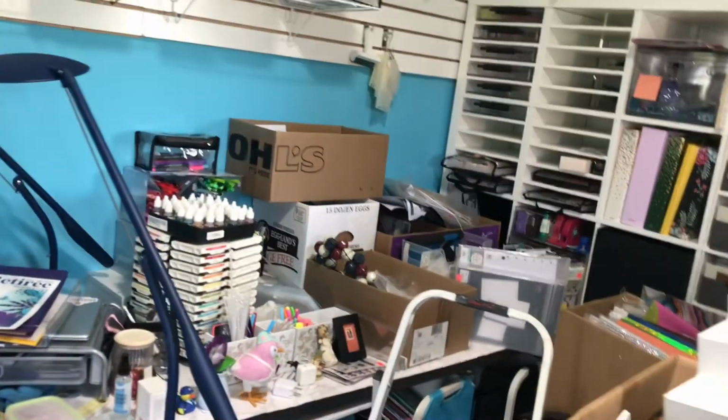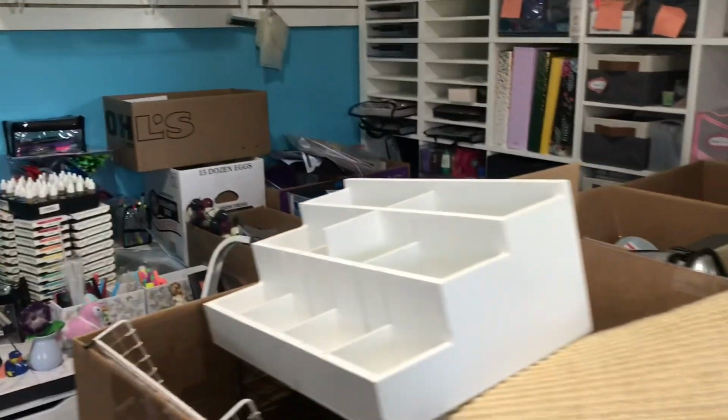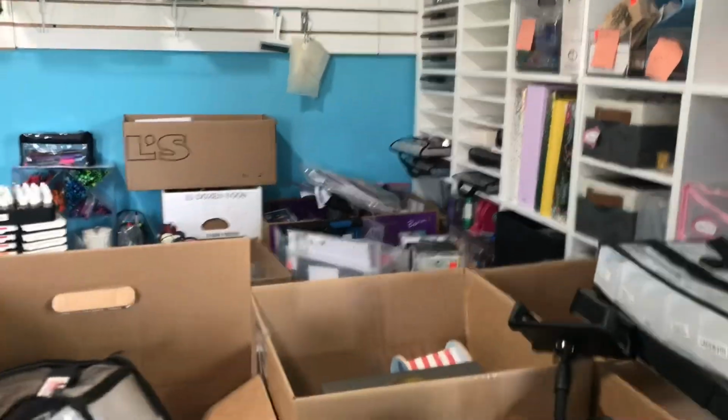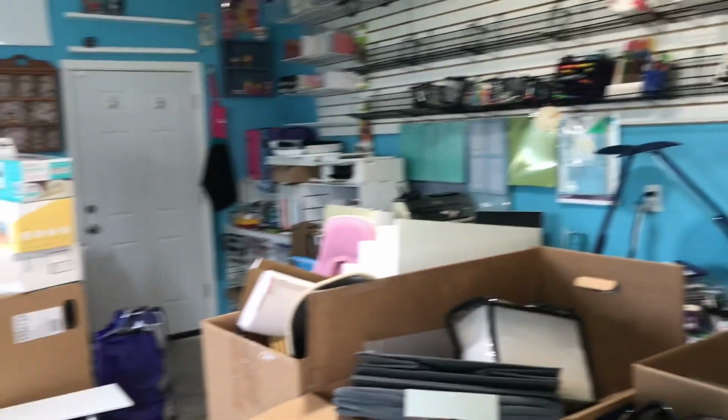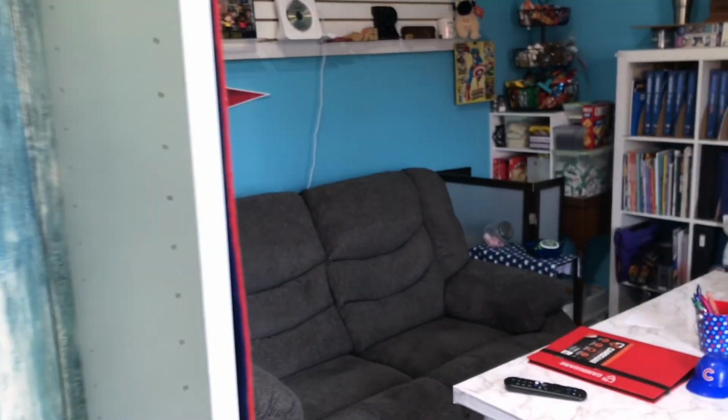so we could get the one room empty because my daughter wants to get it painted while she's on summer break and get some bookcases built. But there's that wall. We'll go ahead and go into the...